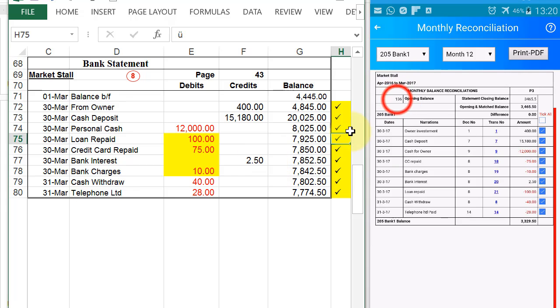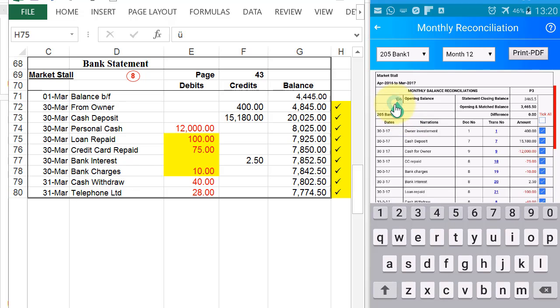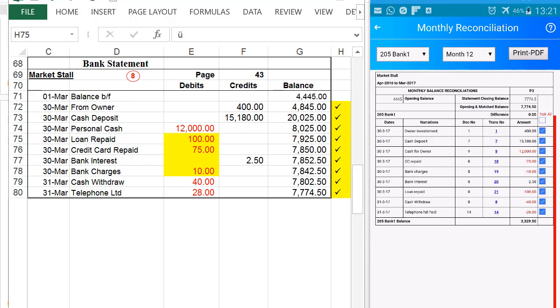No, they don't. Now we didn't correct this opening balance. It should be 445. Okay. I have just corrected the opening balance because we're running out of time. So that opening balance agrees with that, and the closing balance agrees with that. And since all of them are ticked, there is a 0 difference. And that brings us to the end of